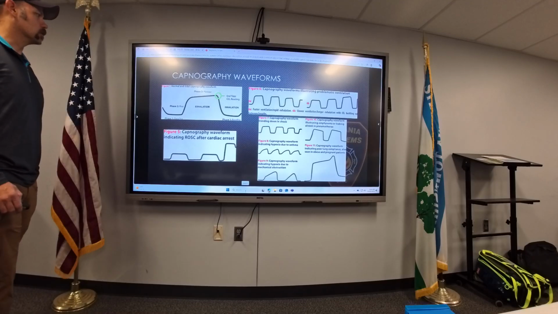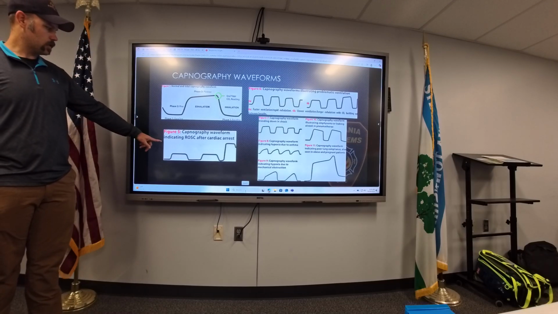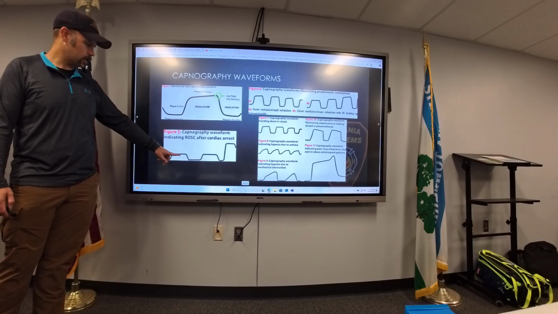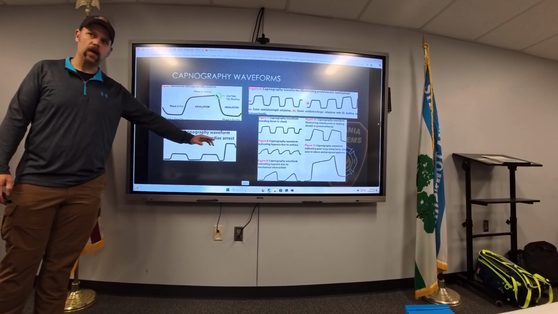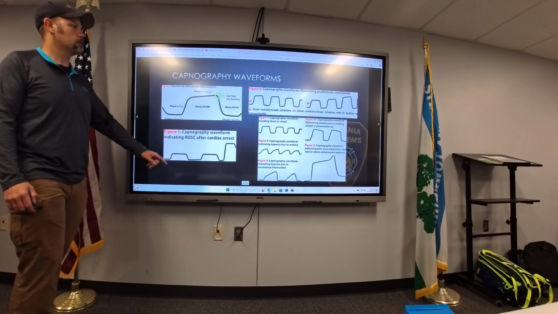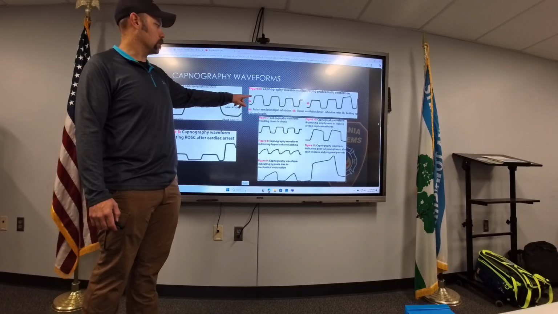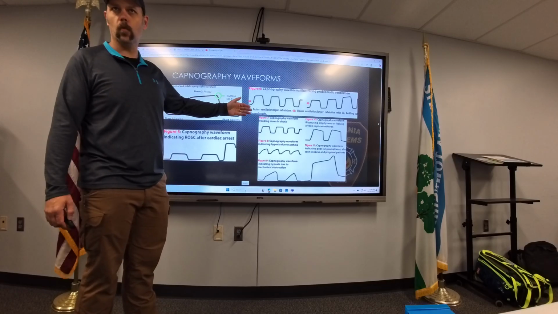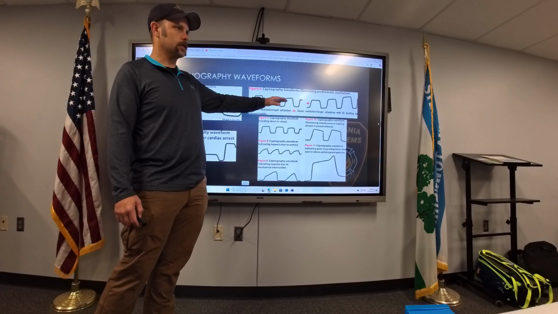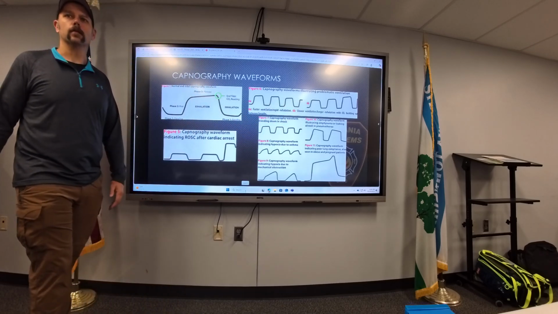These are typical waveforms. This is your normal. Here's one where you can see we have low, low, low, then we get that sudden spike, which indicates ROSC. We can even trend. You can see this one here. What appears to be normal, we'll call it normal, and now we're trending down. That could be reflective of, you know, their